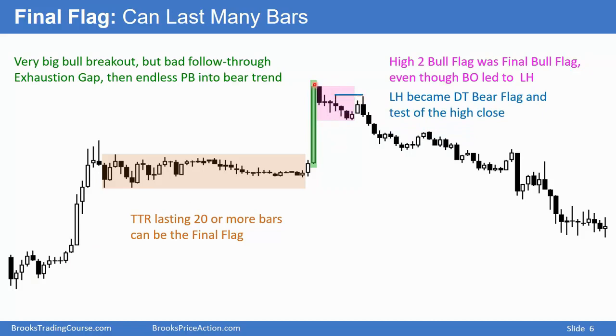Remember, when you get a big breakout bar like this, you'll have some bulls buying the close. And then they look at this bear bar and they say, uh-oh, that's not what I want. I'm disappointed. I want to get out break even. A lot of these buy the close bulls then place a limit order to get out break even. The market tried to get up there and did not let them out, and tried to get up there again and did not let them out. If you're a buy the close bull here, disappointed by this, trying to get out break even here and not filled, and then you try to get out break even again here and not filled,